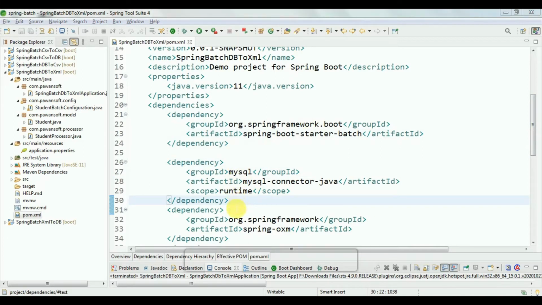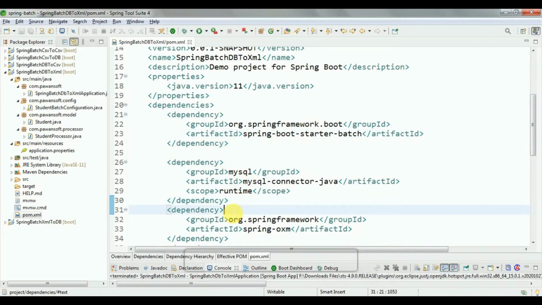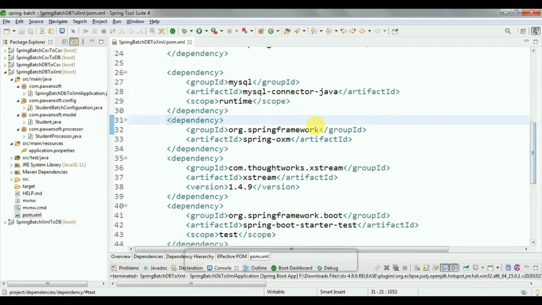To write the data into an XML file you have to use Spring OXM for marshaller and unmarshaller purposes, and you add XStream.